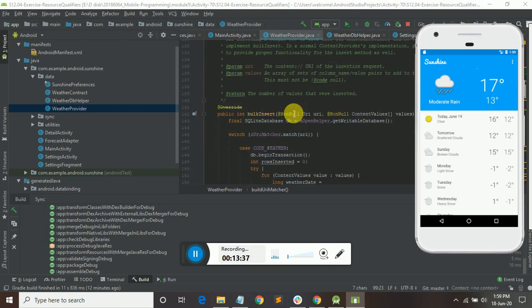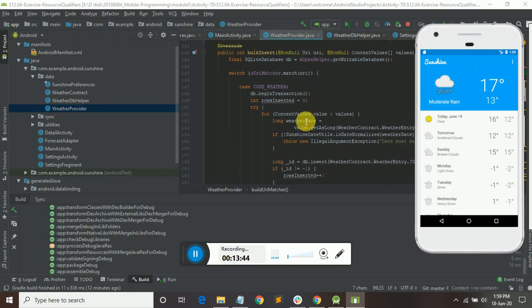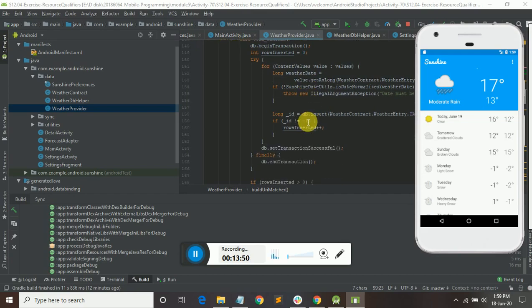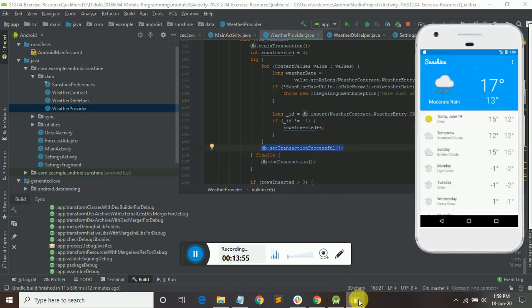And these are things related to the database, where we can get the weather from the database, like the transaction: db.beginTransaction, setTransactionSuccessful, in the sense like while connecting to the db.